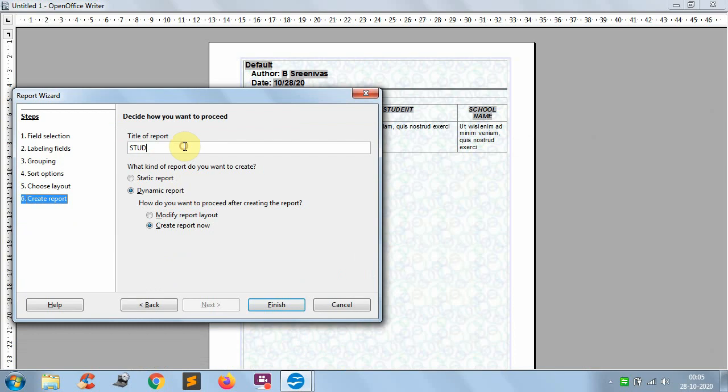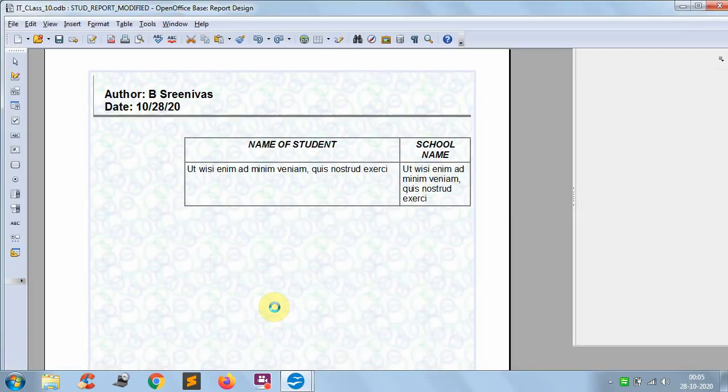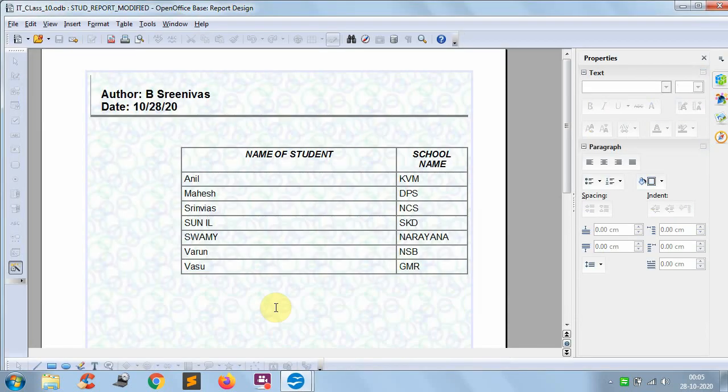And here for this one you can give the name report modified. I have given the name, and click on finish. Now look at this, see this one, a new report has been created.